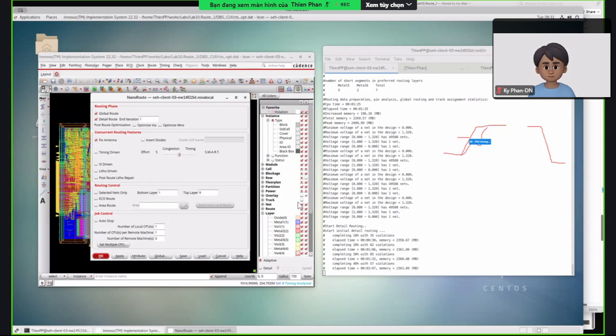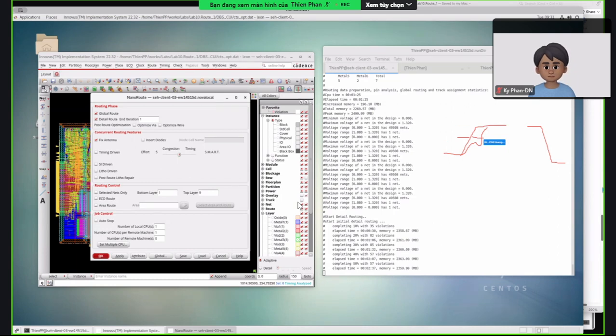So as a result, the delay gets degraded. So it's called crosstalk induced delay degradation, meaning that you have extra delays because of crosstalk. Likewise here, it will have a bump. So when the switch point becomes